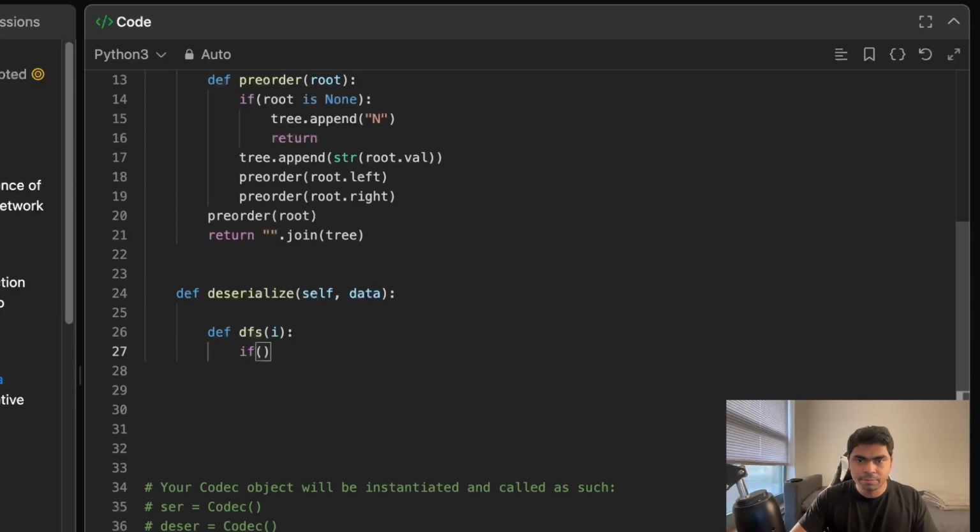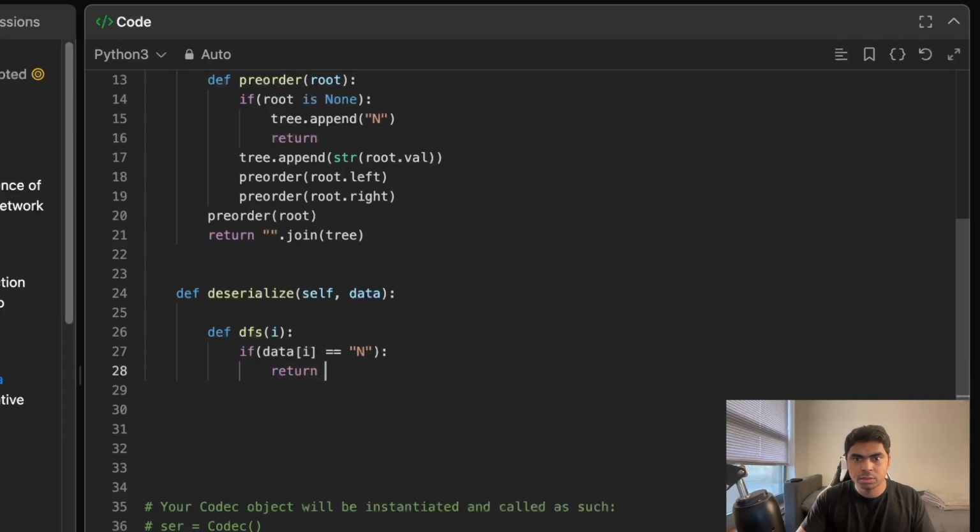So for example, now if data at ith is what? If it is N, that means we return None. And also let's have a check. If I is greater than or equal to len of data,